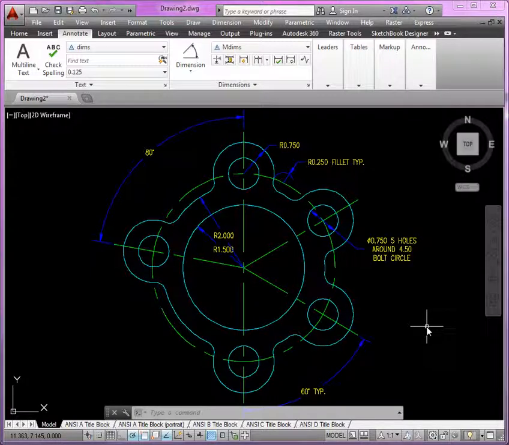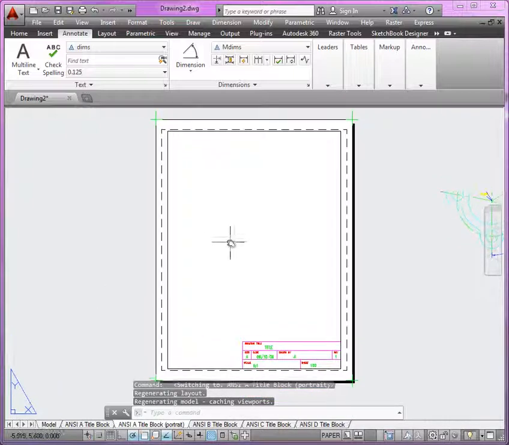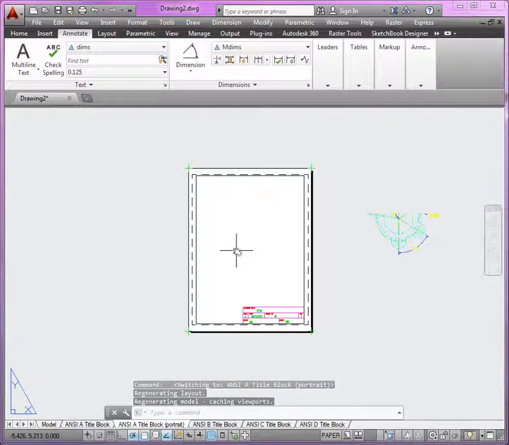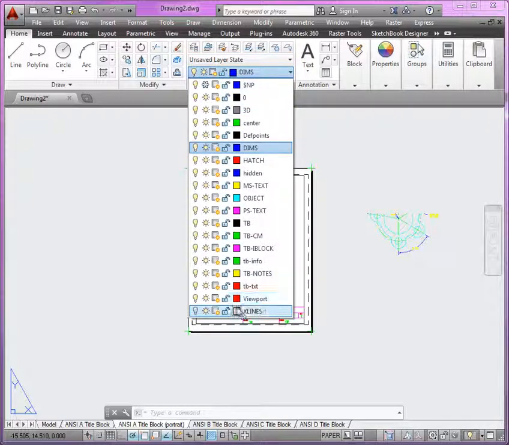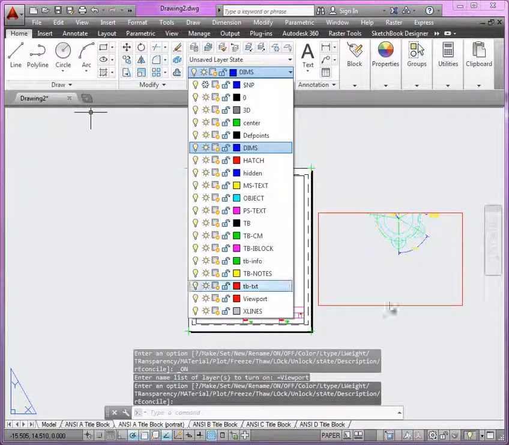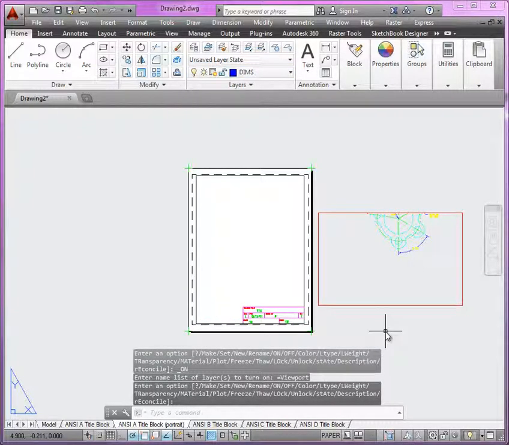What I'm going to do now is switch to one of these layouts. Let's start with the ANSI A portrait layout. Okay. Now with your template, what you should look for is in your layers, take a look at your viewport layer. If that layer is off, make sure you turn it on, because that viewport may not be centered in